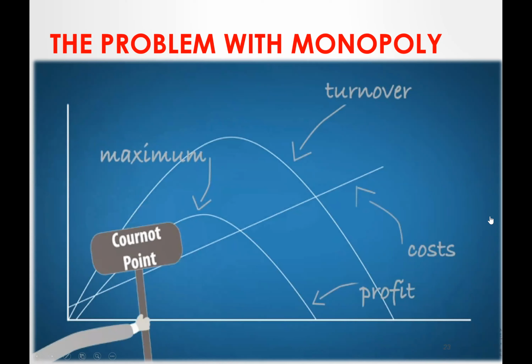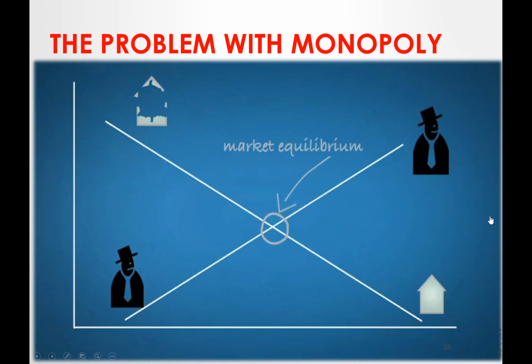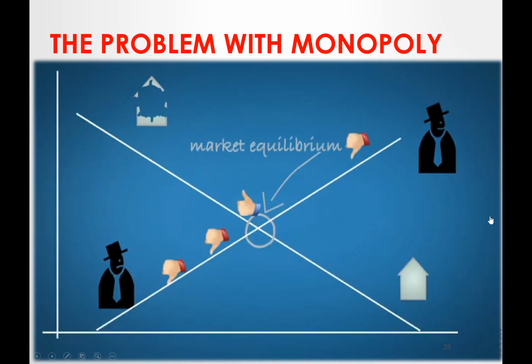Back to the point where we started, the market equilibrium doesn't have to be the point where a monopoly reaches its profit maximum. It can be here, here, or even here. But for the economic welfare, the market equilibrium is the only destination, and all other expressions should be prevented. So a monopoly leads to dead weight